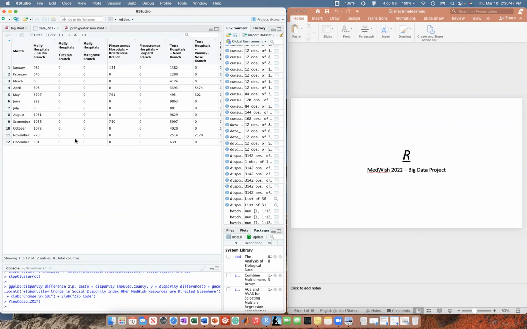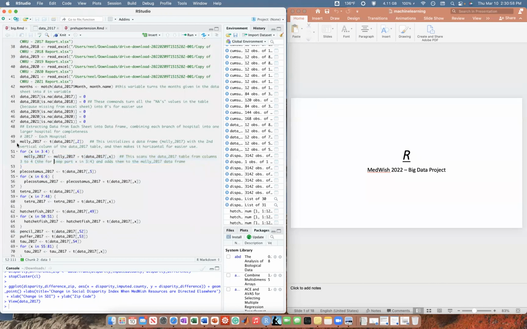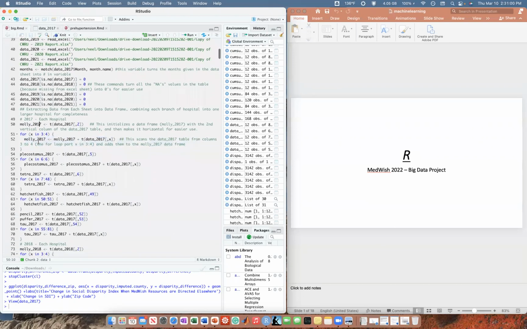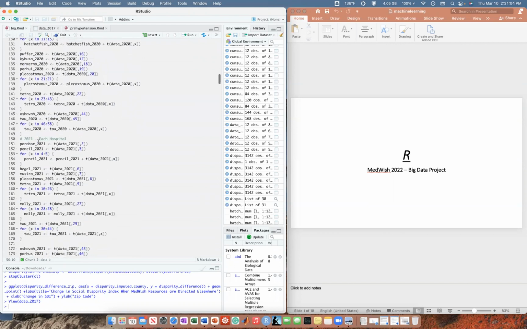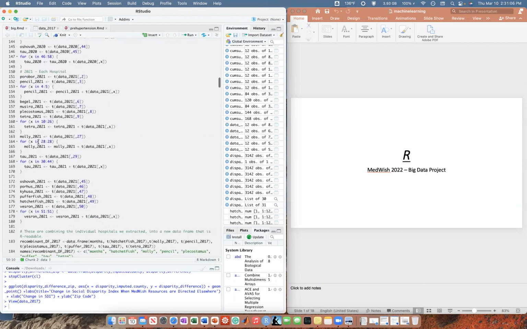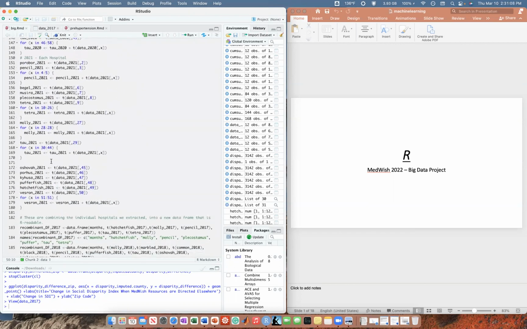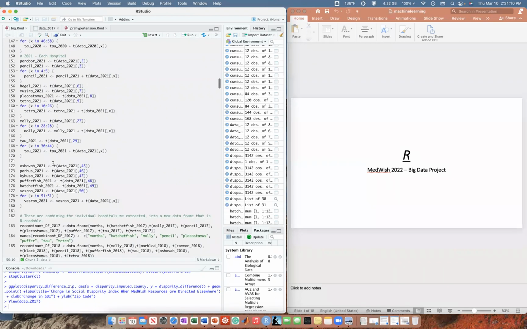So these three, as you can see, a bunch of zeros here. Honestly, I could have done it by hand, but just to display in R the simplicity of it, I just did it there. And I saved it as an array called Molly 2017. I did it for every single hospital for every single year, which took me a while. Definitely might have some typos there, but it's fine.